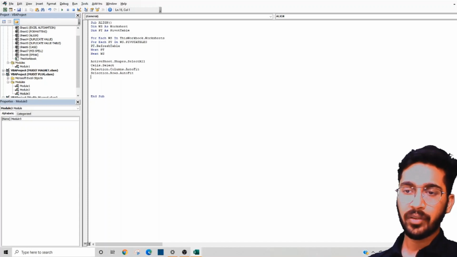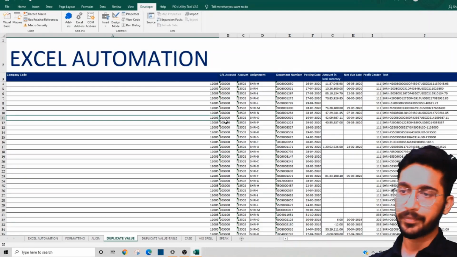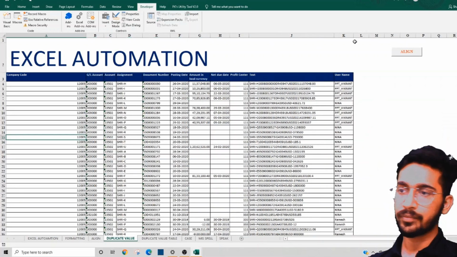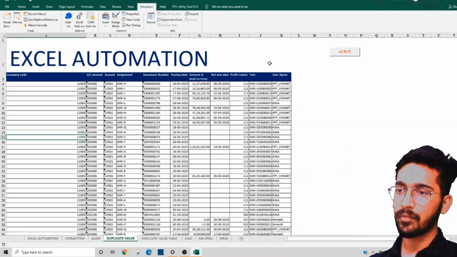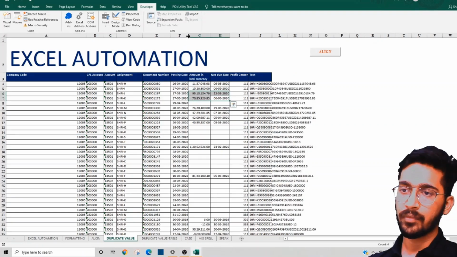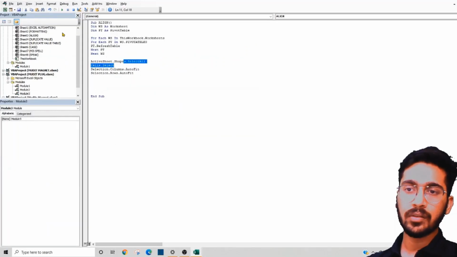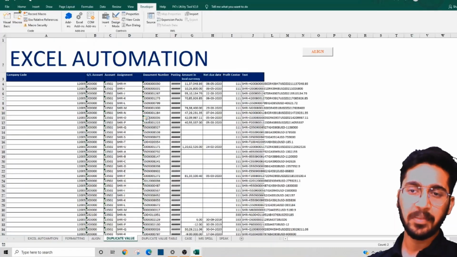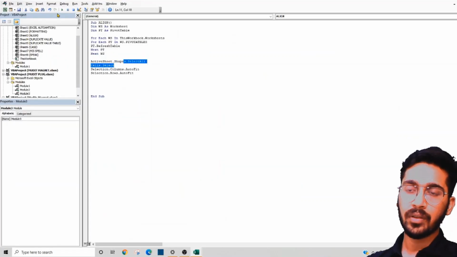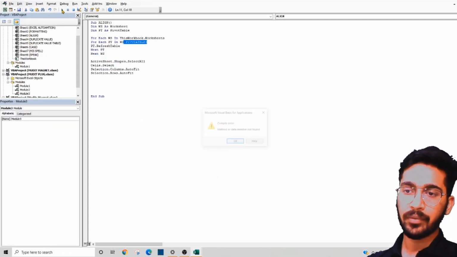So let's see if our code is working or not. This button is for save, so we will press this. Now we will run this macro.